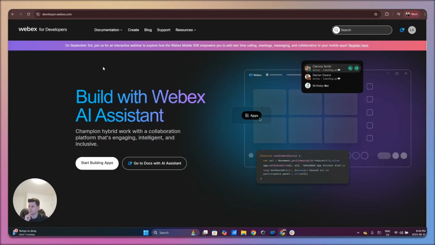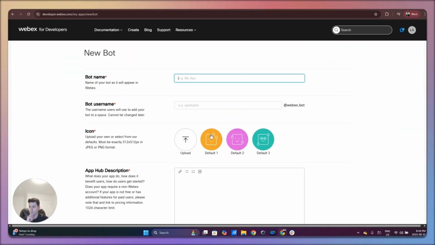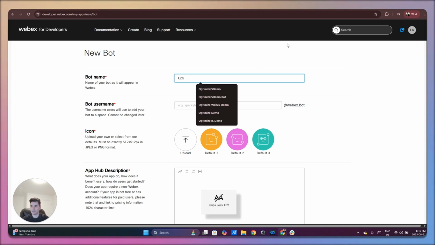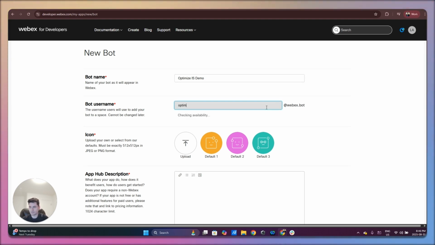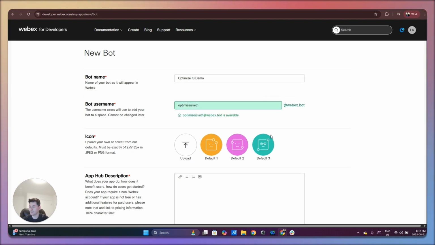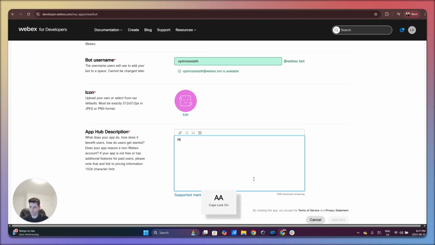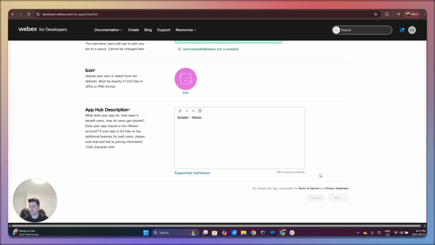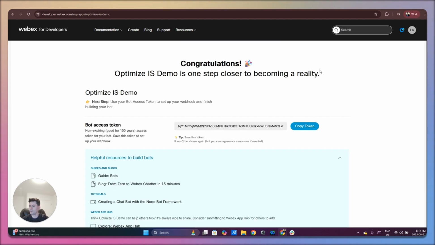So what I'm going to do is I'm going to go to developer.webex.com and I'm going to click on Start Building Apps to create a new bot. And I'm going to call my bot Optimize IS Demo. And I'm going to call this Optimize IS Laith Airtable Webex. And then I'm going to click on Add Bot. Once I create my bot, I will just grab my bot access token. So they're non-expiring. So all I have to do is just click on Copy Token